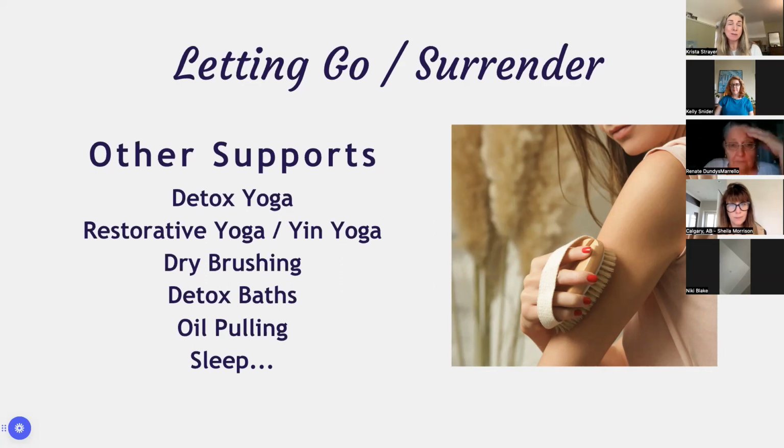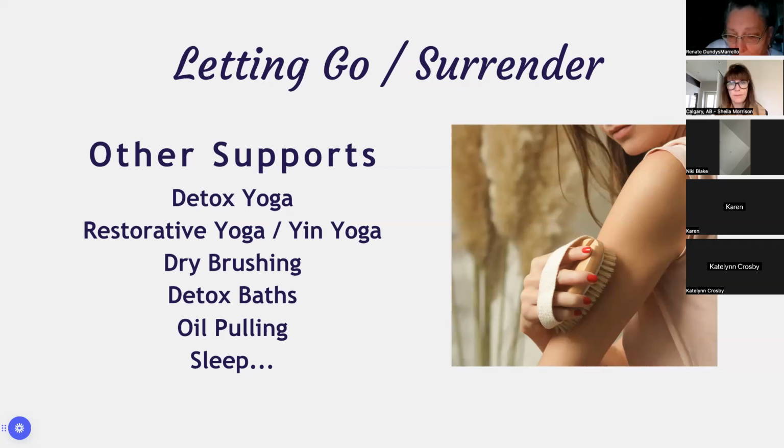So other ways that we can let go and surrender is some detox yoga, like lots of twists happening within that. It can be active yoga, or it can be restorative or yin yoga. All of that applies. It's just a really good way to get that movement, get that whole lymphatic flow happening within the body. Dry brushing is another great one to do. Now, with dry brushing, there's a warning label that comes with anybody who is vata dominant, that it can be too aggravating on the nervous system,